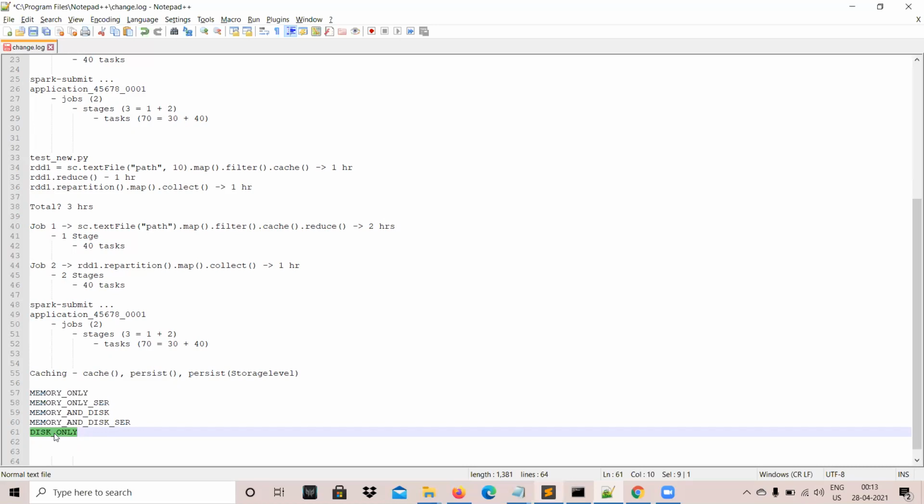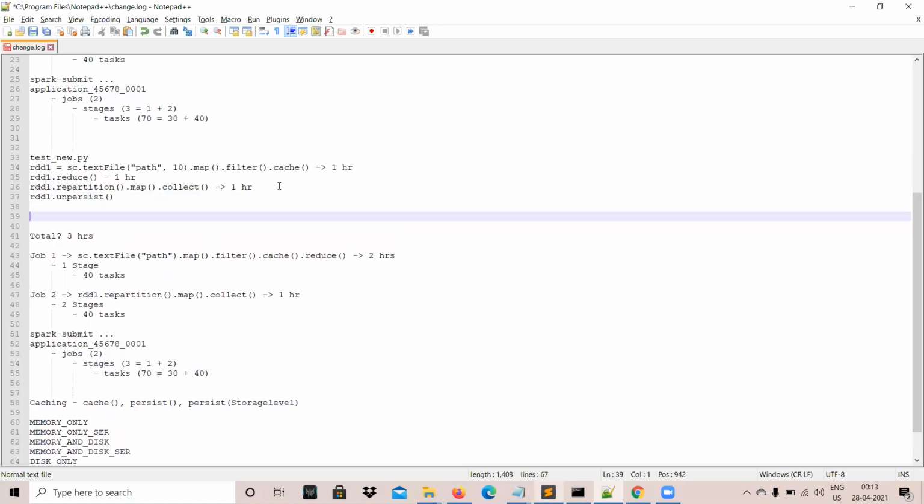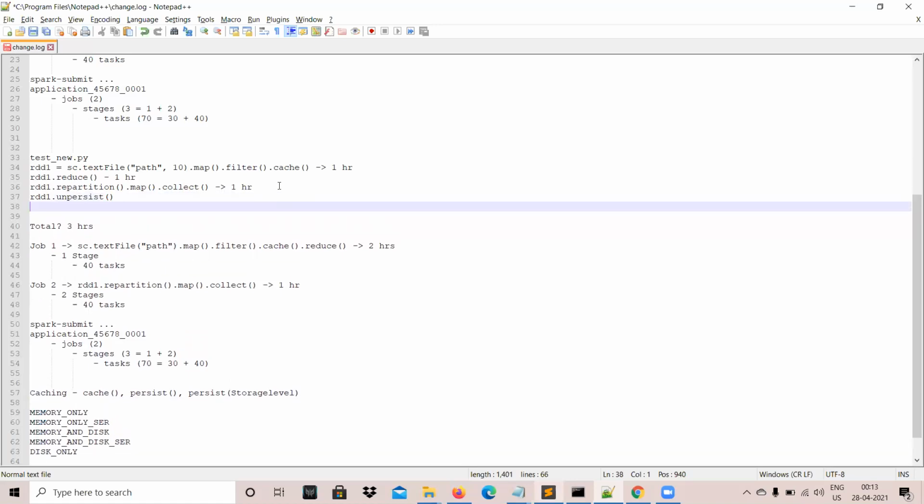Okay, so caching and persist function, and another function is called unpersist. Suppose you cached some data, and you did all these operations. Then later you can call rdd1.unpersist. You are explicitly saying, boss, remove that from the memory. Or else, anyway, at the end of the code, you say spark session.close. The moment spark session.close is called, all these RDDs and data frames which have been cached or registered to that spark session will be automatically removed from the memory.